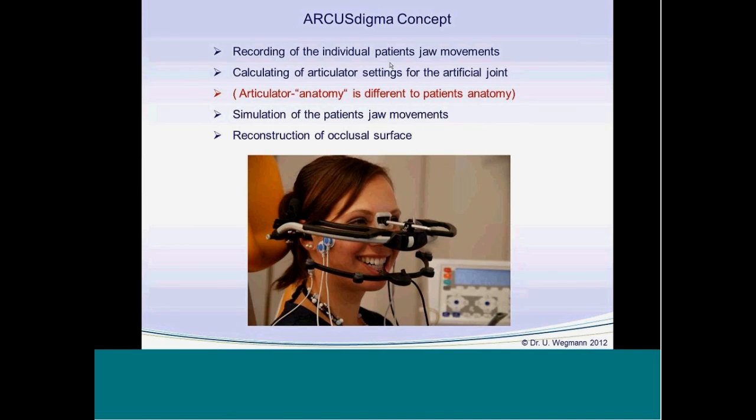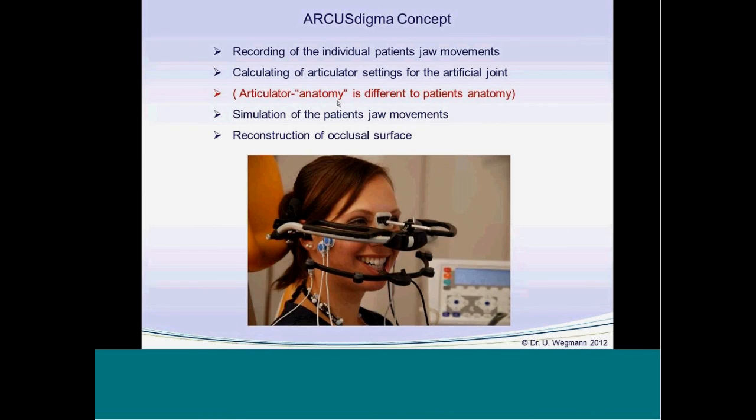That means the articulator anatomy can be, and in fact it is, different to the patient's anatomy. And that's a very important point to have in mind when we work with the Arcostigma and the proto-articulator, for example. It's not necessary to have the same anatomical relations in our artificial articulator.